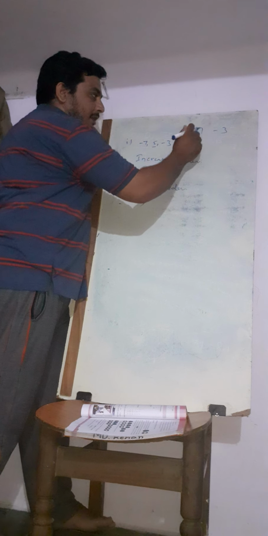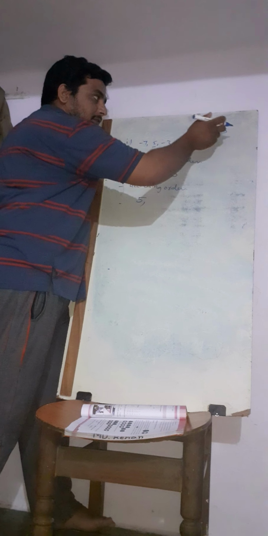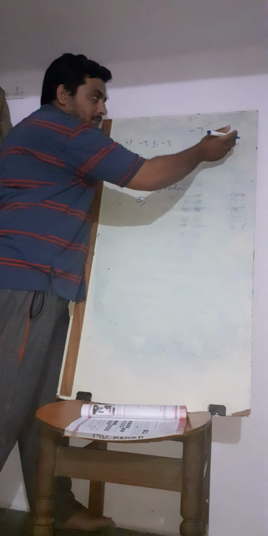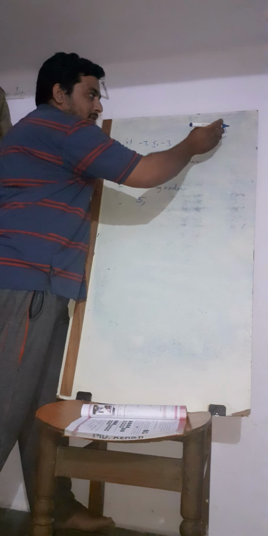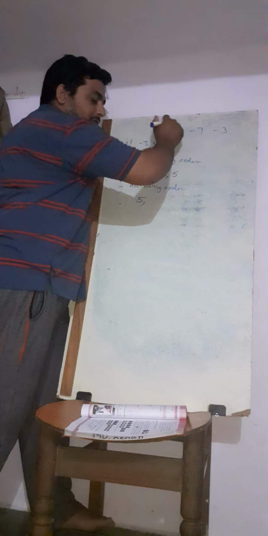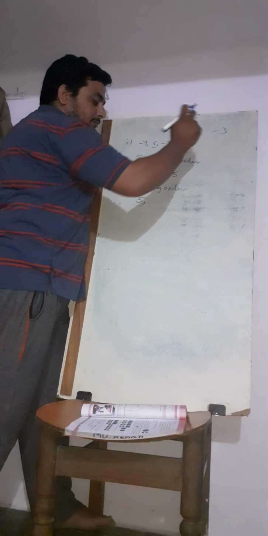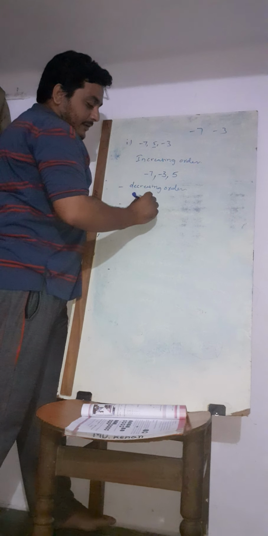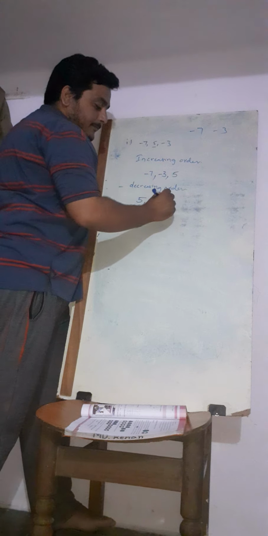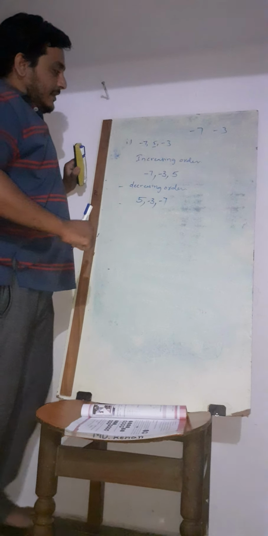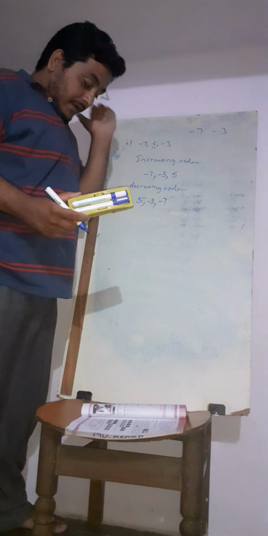As you are going on a number line from left to right, -7 will come first, then -3. If you are coming from 0 like this, the numbers go on decreasing. Means first -3 will come, then after that -7. Here, whichever is the smallest number with the negative sign, that will be the greater value. That's why -3 will come first. Minus with the greater value will be the smallest number. After that, -7. Like this, you can even complete the second bit as your homework.